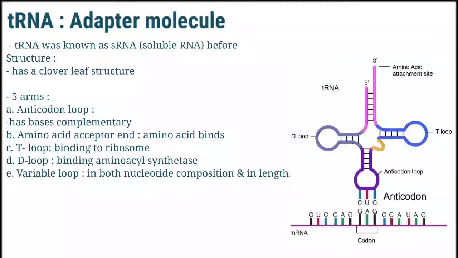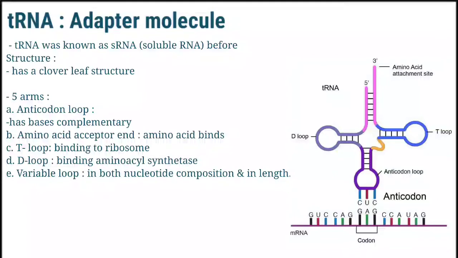Now when I say tRNA, the adapter molecule, it is the presence of an adapter molecule which could read the code and would bind to a specific amino acid during translation. It was proposed by the scientist Francis Crick in 1961. The tRNA was known before the genetic code and was called sRNA, which is soluble RNA. But later its role as an adapter molecule was reported.